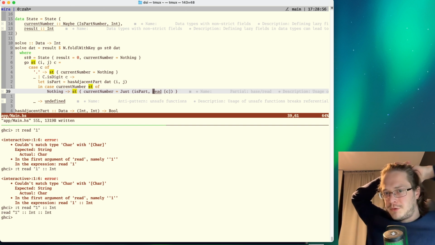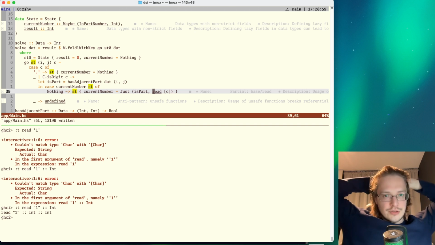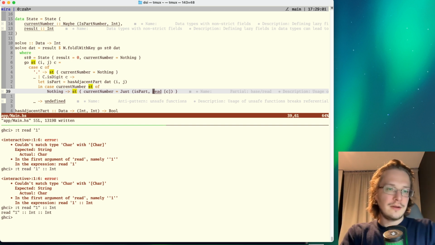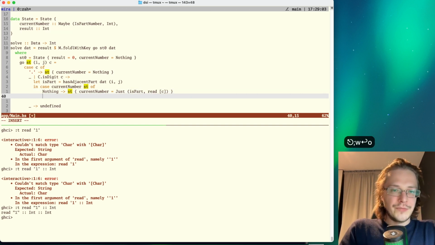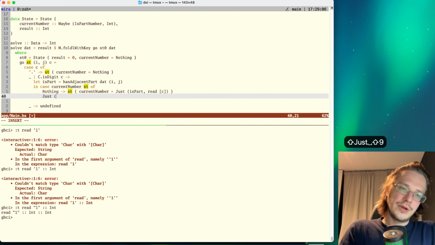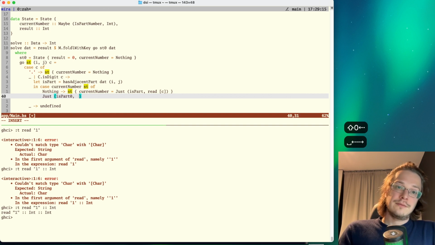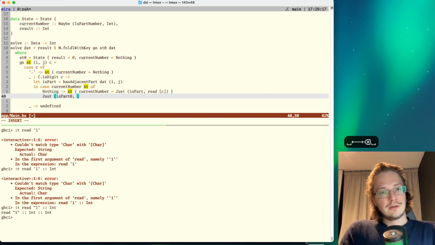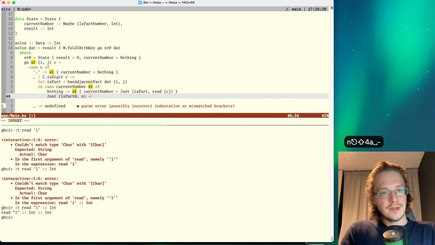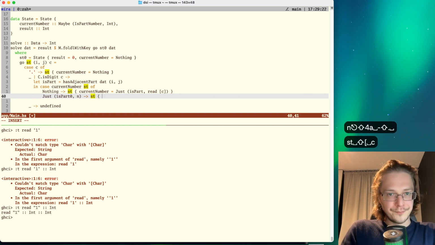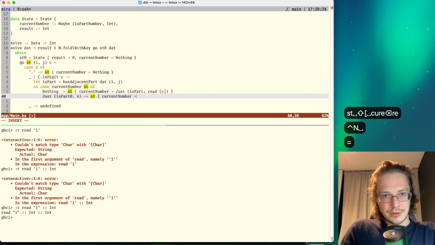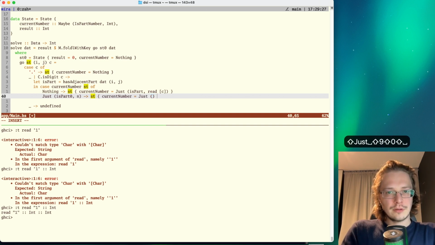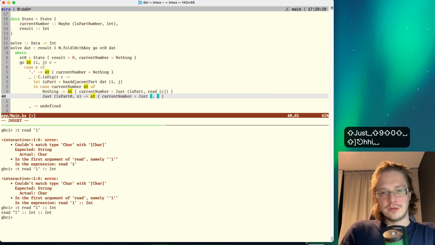Yeah, Haskell, it's safe to use git here because it is just a digit. It cannot be anything else. Okay, if we had previous is part, and we had what, some number already, then what do we do? We update the current number to just, what,